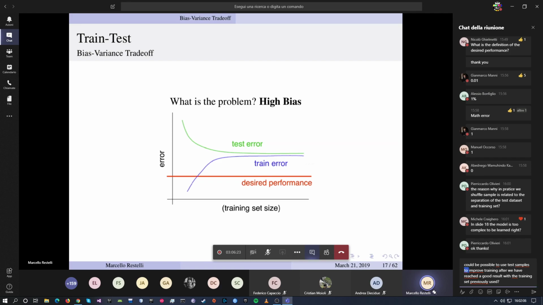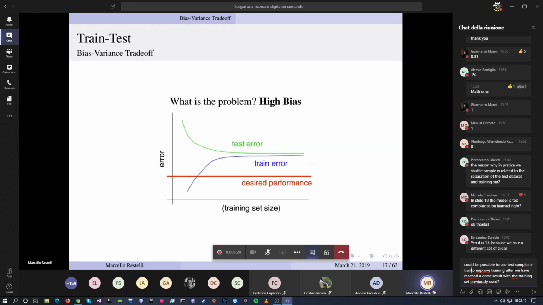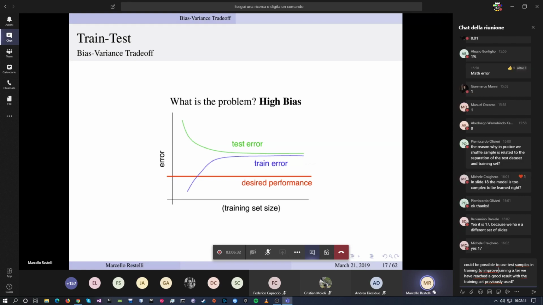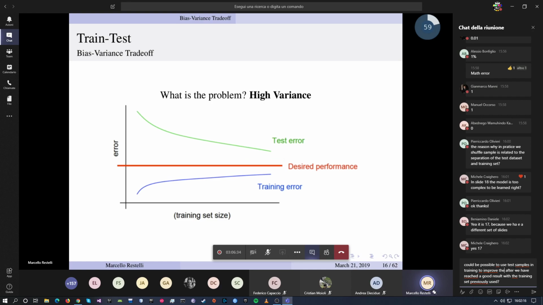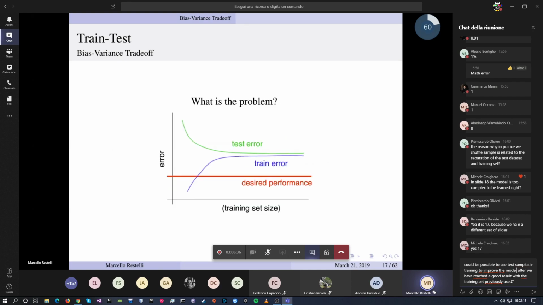In slide 17, you have the problem that there is too much bias, so the hypothesis space is too small, and y here is too large. Yes, 17. In slide 17, the problem here is that, as you can see, increasing the training set size, you